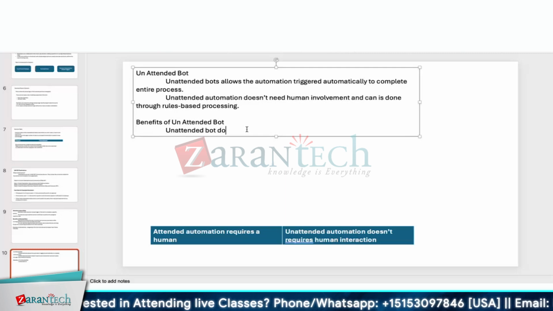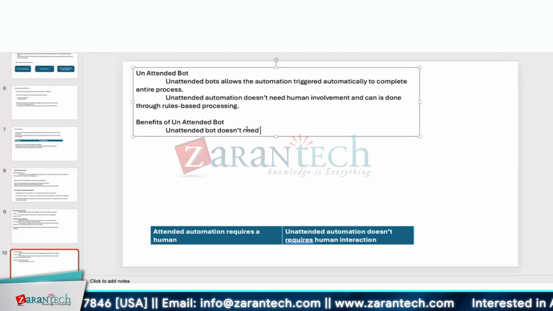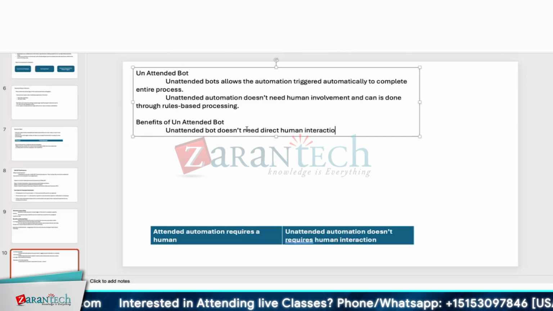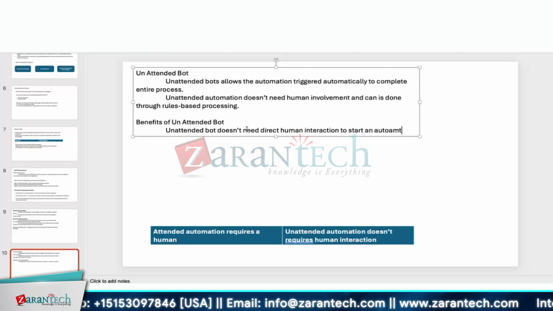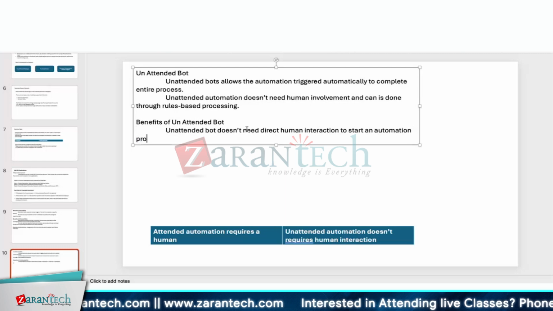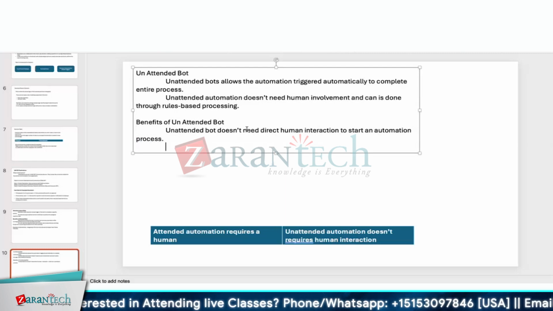An unattended bot doesn't need direct human interaction to start an automation. It runs its own